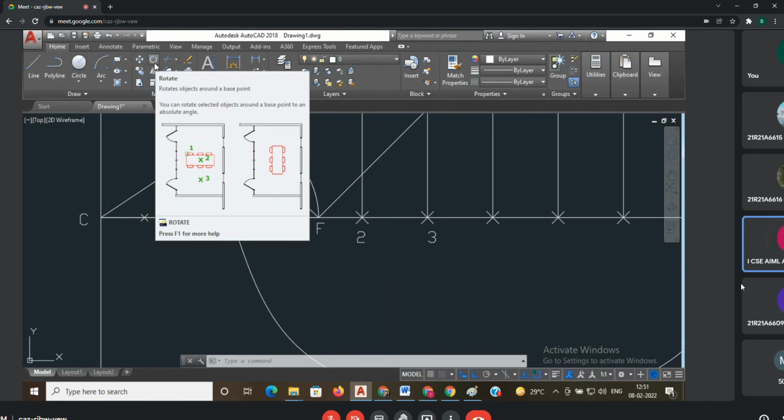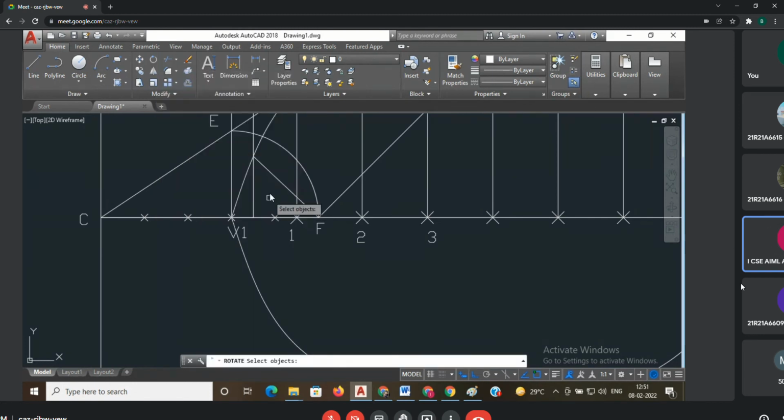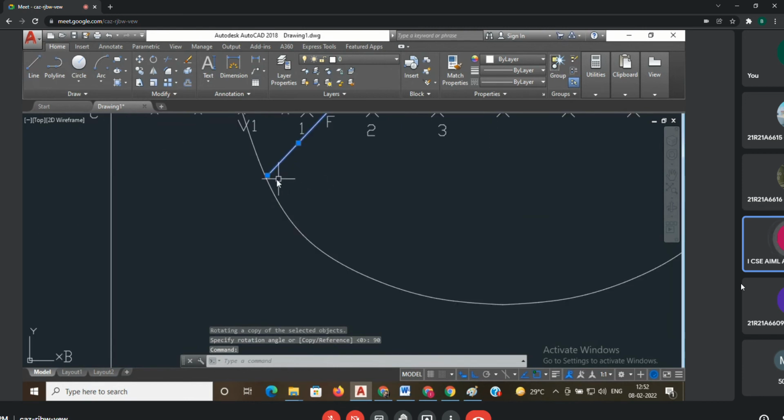For that, you can use the rotation command, or you can also use a line. Select the rotation option. Select the object. Press enter. Specify the base point. Go for the copy option and give 90. If you give 90, I think you will get the upward direction. Suppose I give 90 first. I got the downward direction. Then I will extend, meaning lengthen. Just move your cursor here and keep it somewhere, sometimes you will get lengthen this.